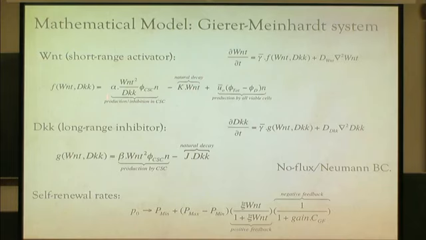And this nonlinear production term is motivated by the fact that there are multiple ways to upregulate Wnt. Wnt has a whole cascade of effects that can give self-upregulation, but it's inhibited by the inhibitor. And then likewise, there's production of the inhibitor, and then decay. Now how this affects the self-renewal fraction is that you have positive feedback from the Wnt and negative feedback from the growth factor, the TGF-beta.